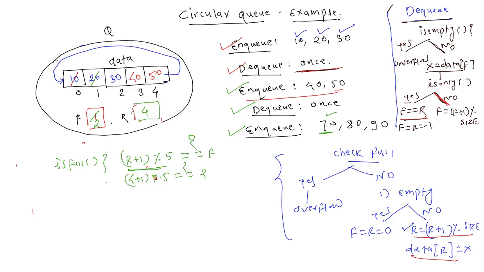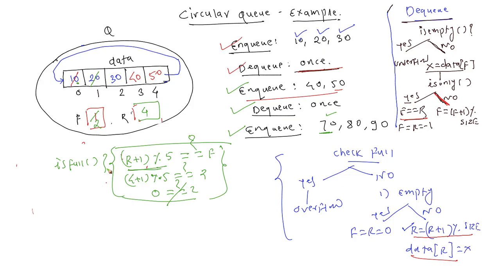5 mod 5 is 0. Is 0 equal to 2? No. That means f is pointing at some other location, and when I take r to 0, that is this location, f is on some other location, that means this location is not occupied, this location is empty. So I can insert an element here. After checking that the next location is not full, it's empty,